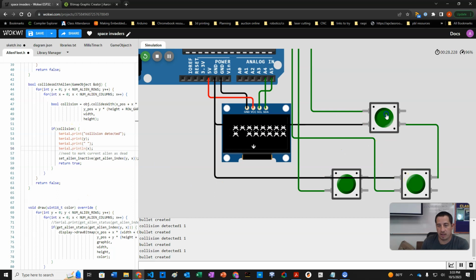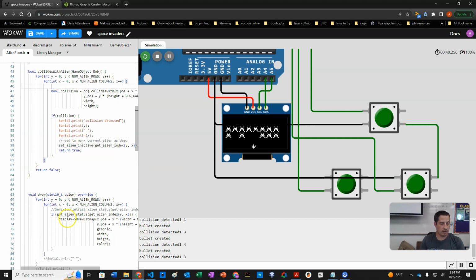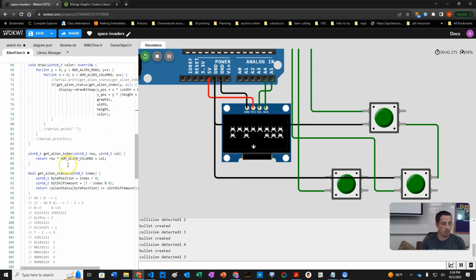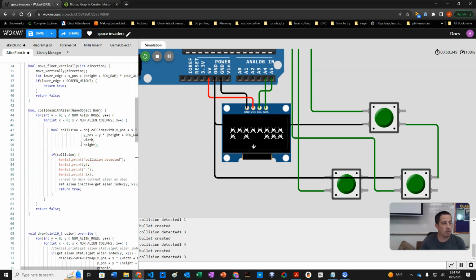And so what's happening is that when we get rid of the alien in the first row, it's still detecting a collision there. And so we need to not check for a collision if the alien is not visible. So if the alien is not visible anymore, we don't want to detect a collision. So what we're going to do is